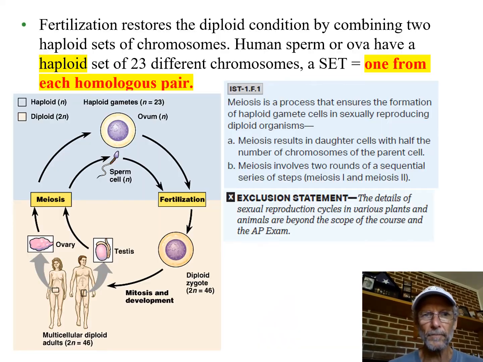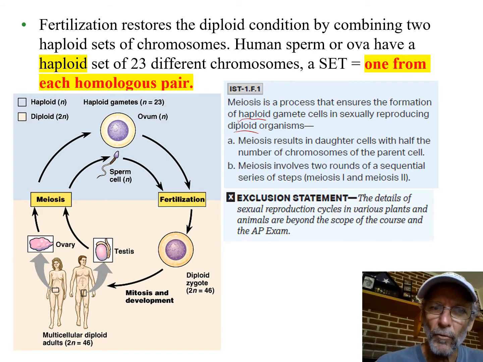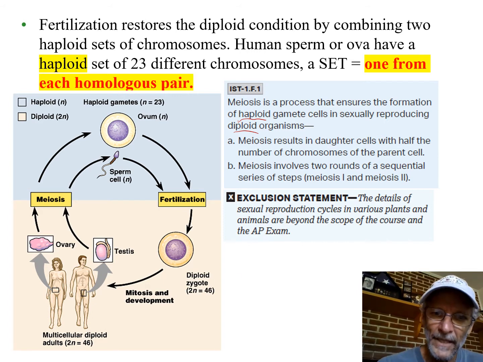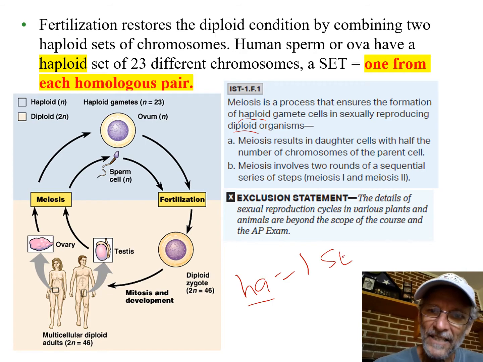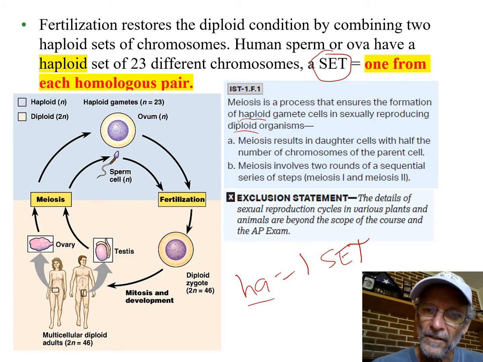Now the details. Here we have the idea in a very general kind of diagram that says all that stuff, right? We have the words haploid and diploid. Remember what they mean? Haploid means not half, right? HA for half, HA for haploid, not a bad way to remember it, but it means one set. What does set mean? One of each kind, which in a cell that has two sets, a diploid cell,